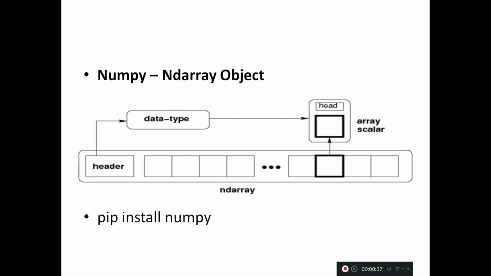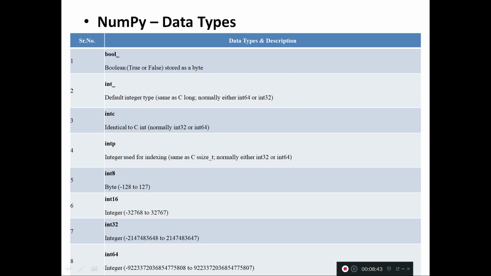Right. The constructor takes the parameters. Let's check the ndarray parameters. These are the parameters and descriptions. What you are seeing on the screen, what we have is